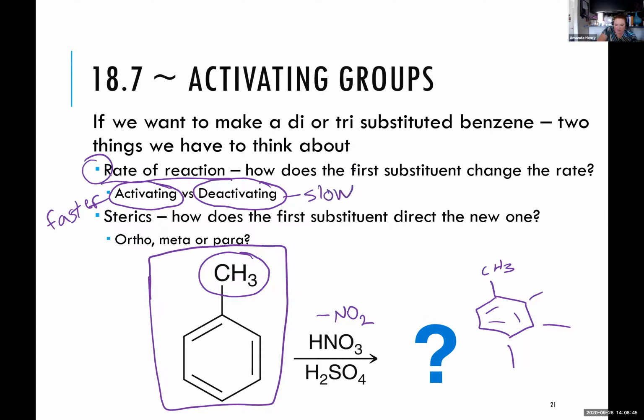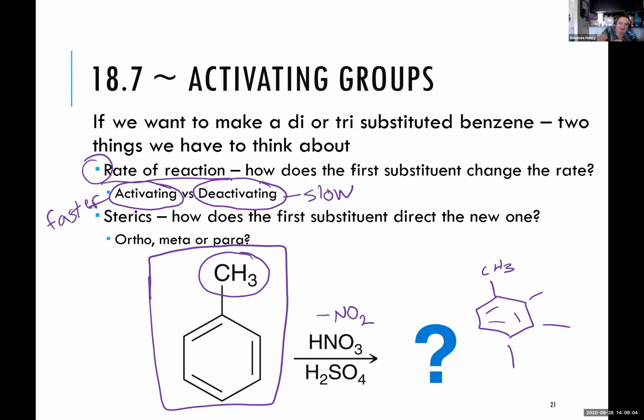And we're going to talk a lot. I mean, this is pretty much all of today, is defining those two terms, talking about what substituents fall into those categories and why they fall into those categories. And then the second